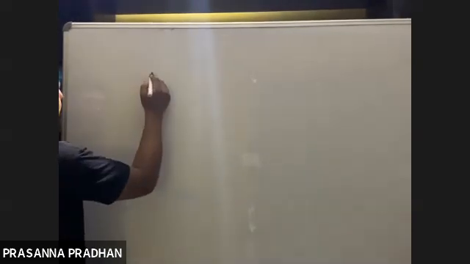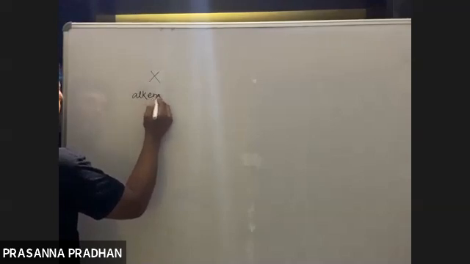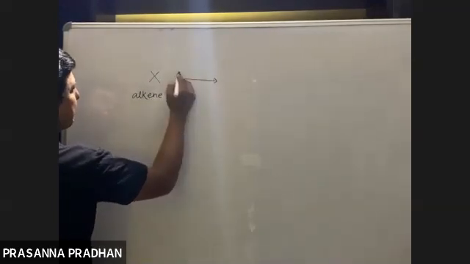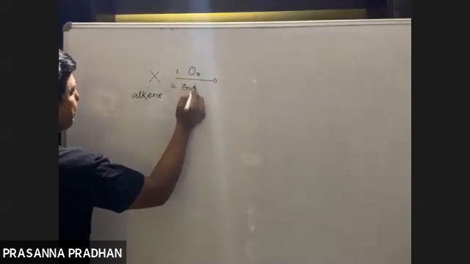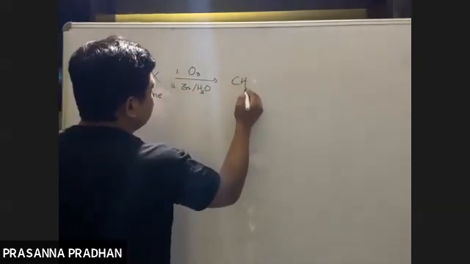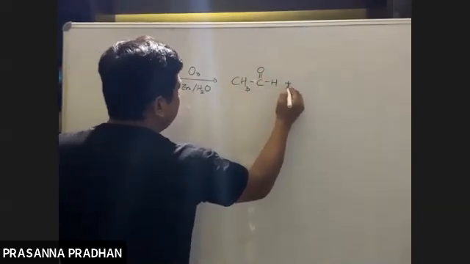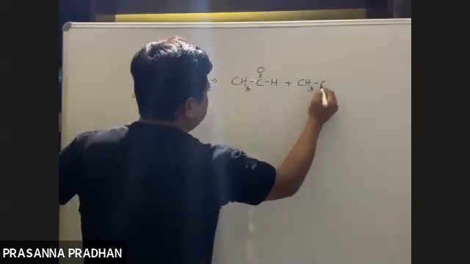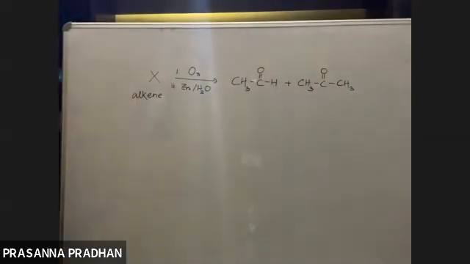Now see. This you have done in class 11. Suppose we have an alkene X. And this alkene on ozonolysis followed by treatment with zinc water gives us a mixture of carbonyl compounds. So it gives us acetaldehyde, ethanal, and it gives us acetone or propanone. So we know if you do ozonolysis of an alkene, we get a mixture of carbonyl compounds. We have studied that in the earlier class.